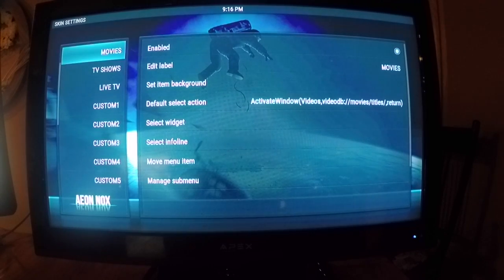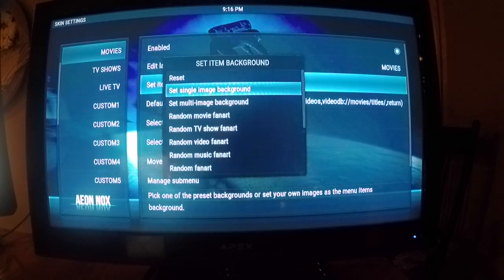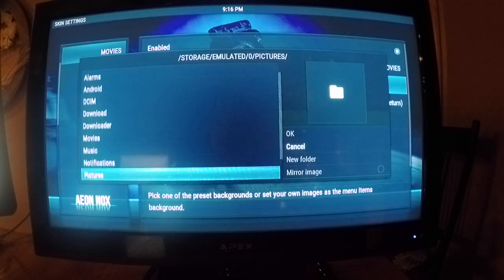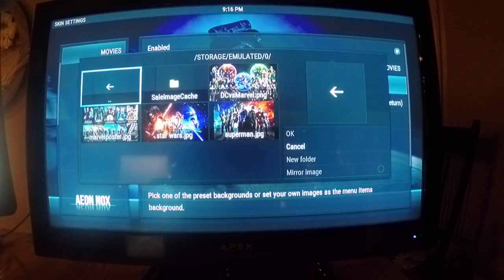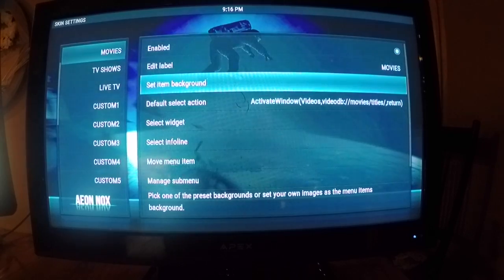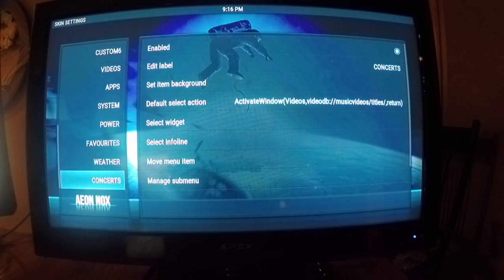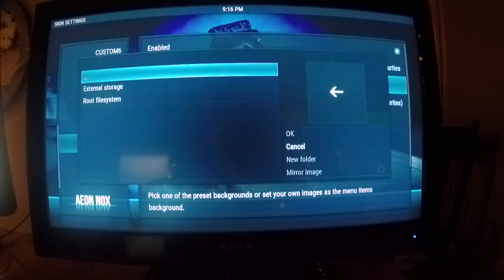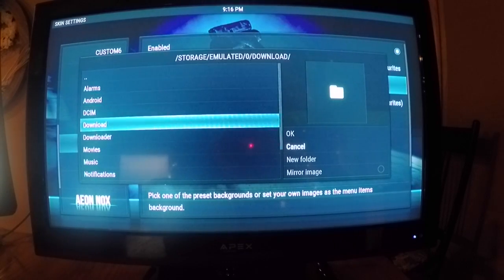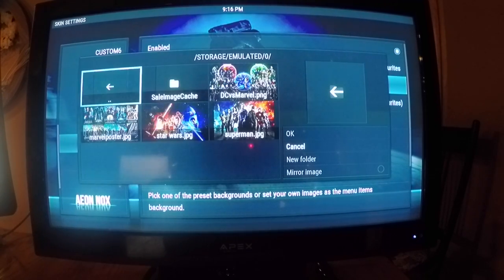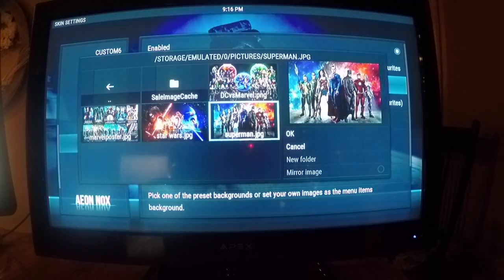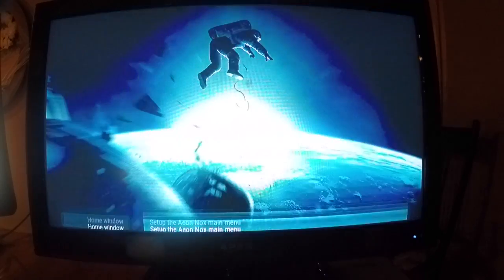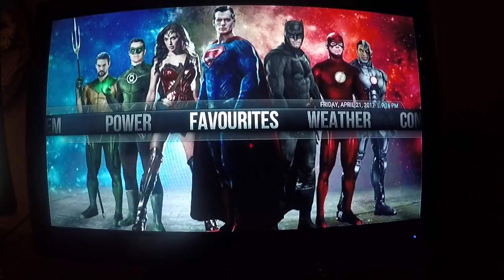Let's go to movies, item background, single image, external storage, pictures. Let's go to Star Wars, and then we can go to favorites here. Item background, set single image, external storage. I hope you're getting how I'm doing this. It's very simple. And then the last one, we'll just do Superman. We can get out of here. There you go. So the system has actually favorites,